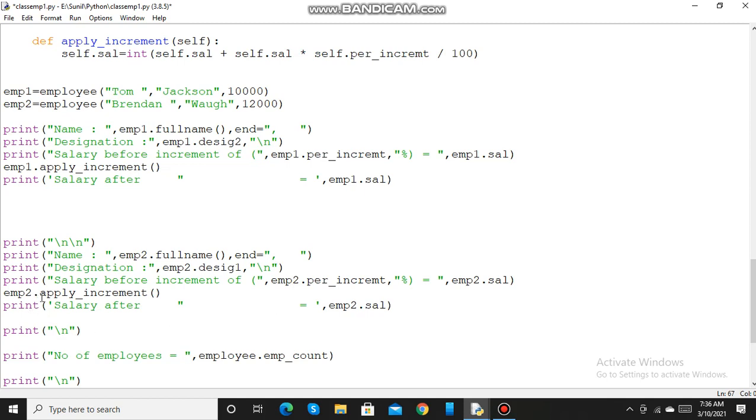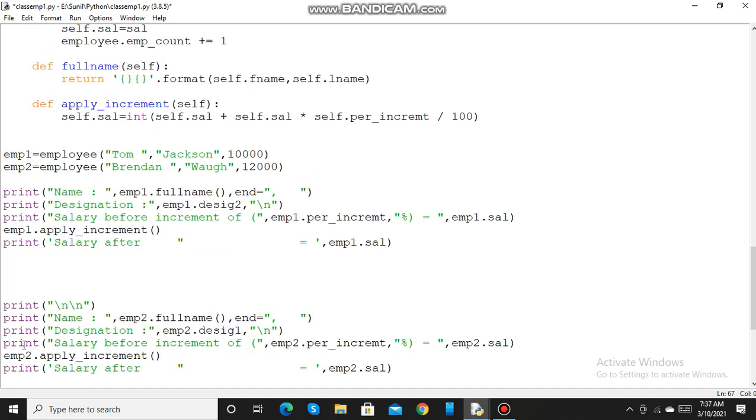Here also I am calling the apply increment method, but this time it is associated with instance emp2. So self will be emp2 and salary it will take as 12,000 and calculate. And after calculation of the new salary, it will print emp2 sal.